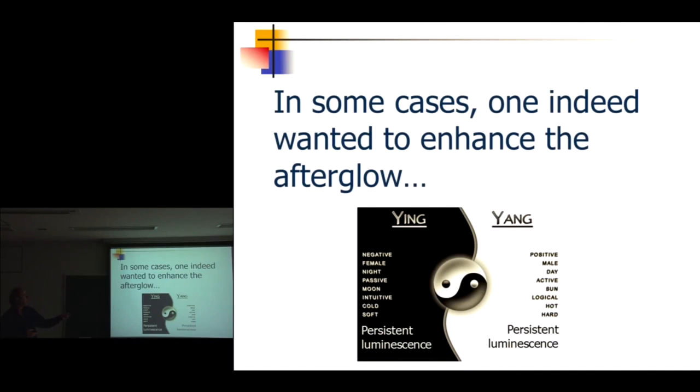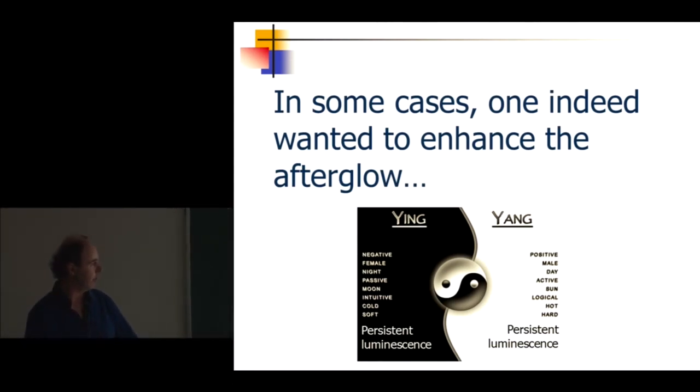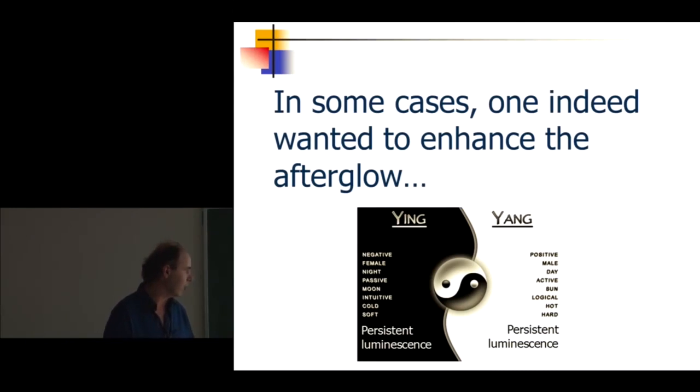So in some cases, we need to enhance the afterglow. So I put this because we would like to have persistent luminescence on the good side. The good side is here, and this is the bad side. You can recognize here the female. I think this is the bad side because there is cold and ice. Okay, I don't know why they put the female here, but you should tell me. And so we would like to put persistent luminescence on both sides